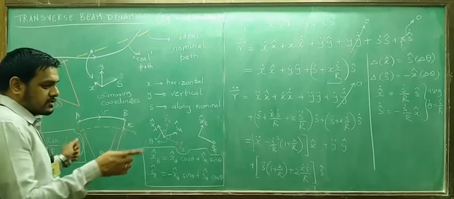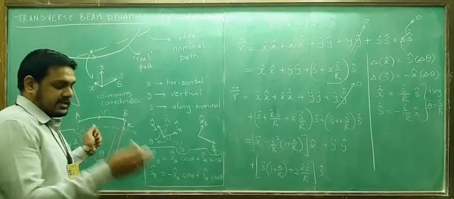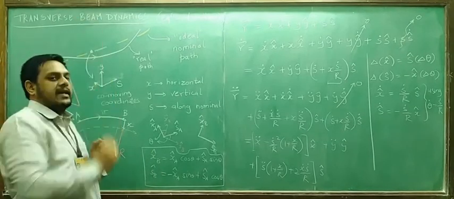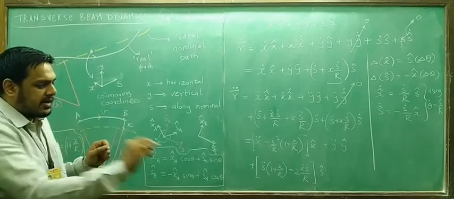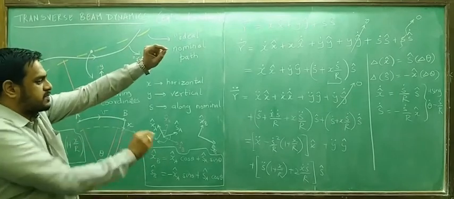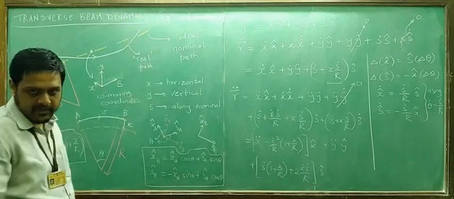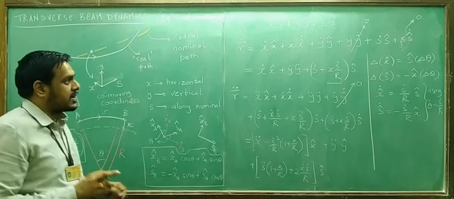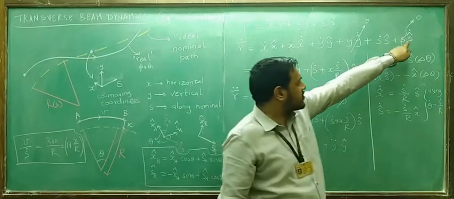And so every time, what does this coordinate system measure? How much away from nominal trajectory in x direction, how much away in y direction is my particle. So nominal trajectory is here, particle is here, with this much of x displacement, this much of y displacement. The front back displacement is not counted. That is what we meant when we put this thing equal to 0.